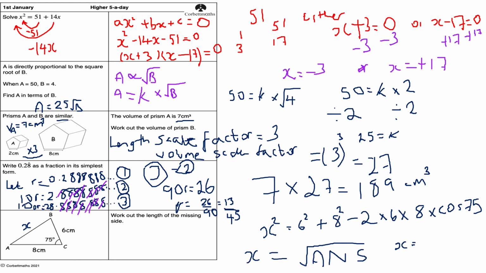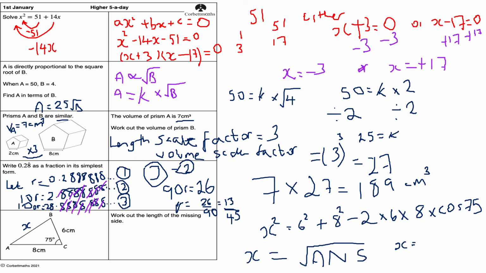So I'm going to have 6 squared plus 8 squared minus 2 times 6 times 8 times the cosine of 75. Then doing the square root of the answer,